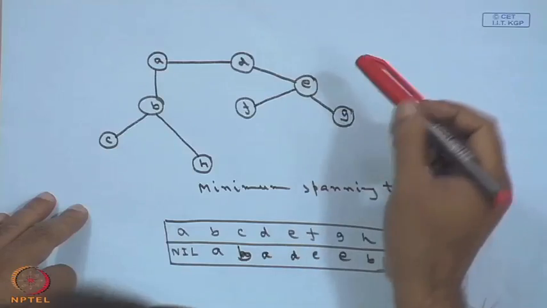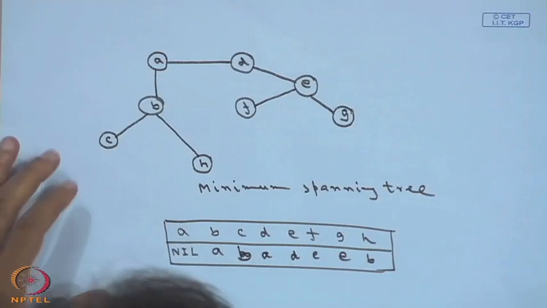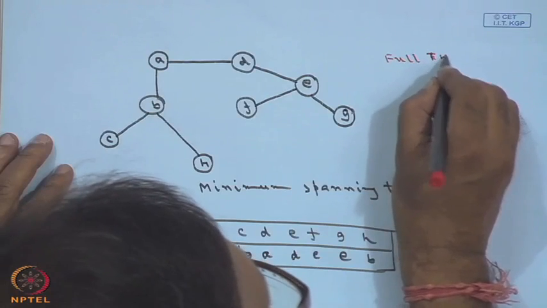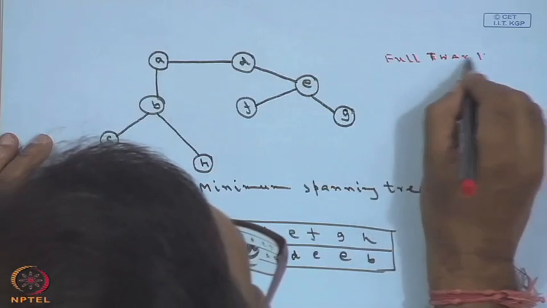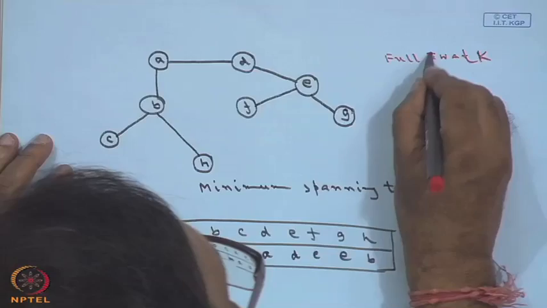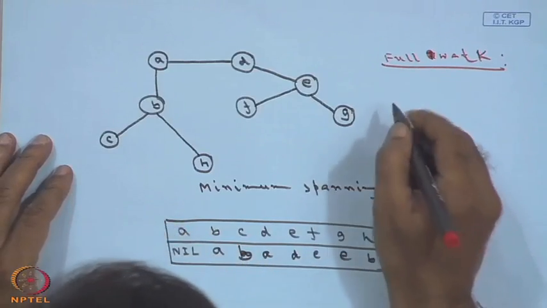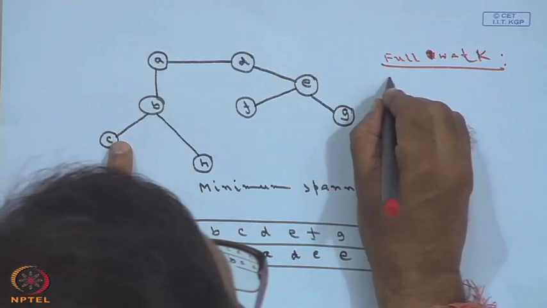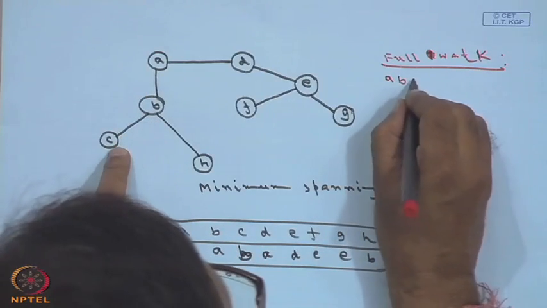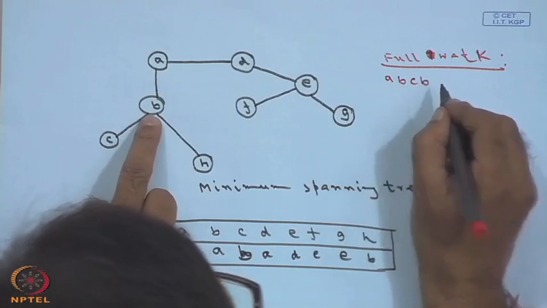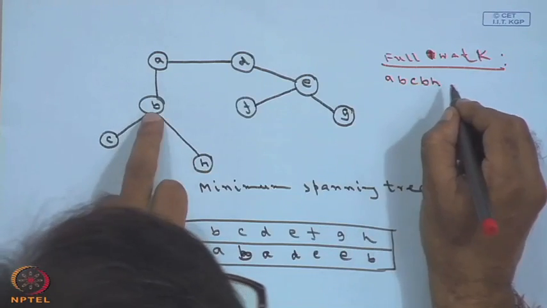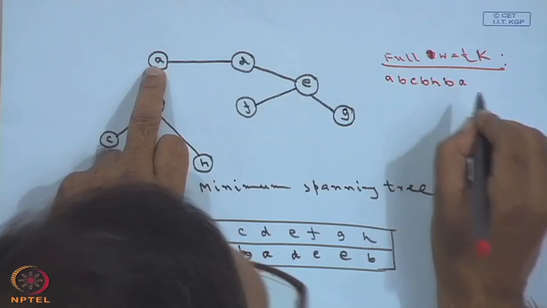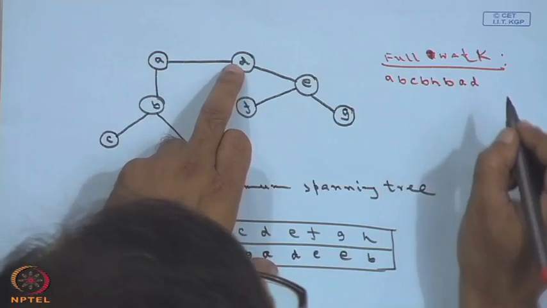I have to make a full walk of the tree. What do I mean by full walk of the tree? The full walk of the tree means it will be A, then B, from B it is moving to C, C you are coming back to B, B to H, H you are coming back to B, B you are going back to A, A to D,